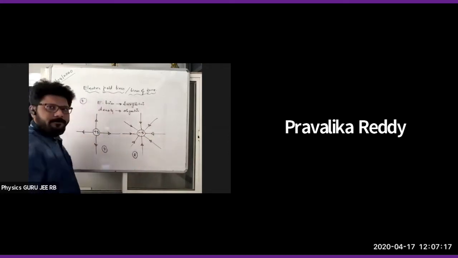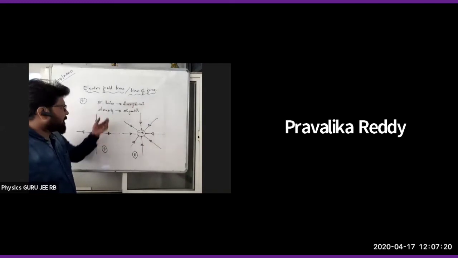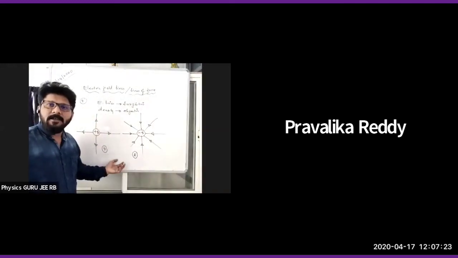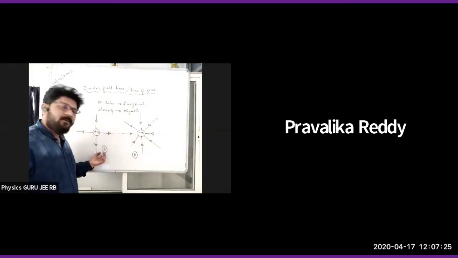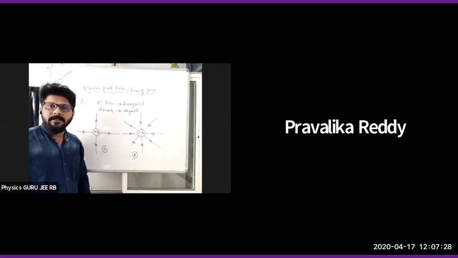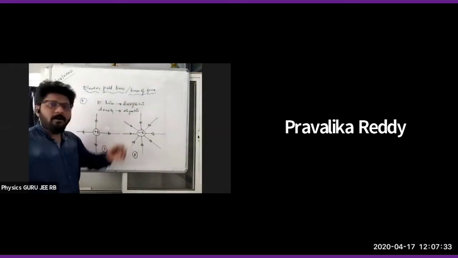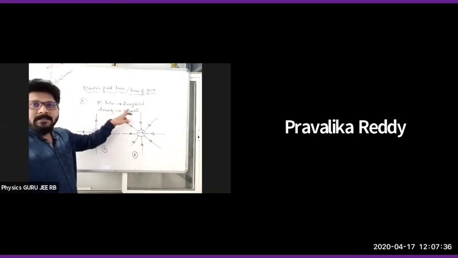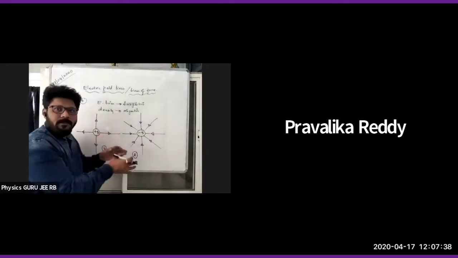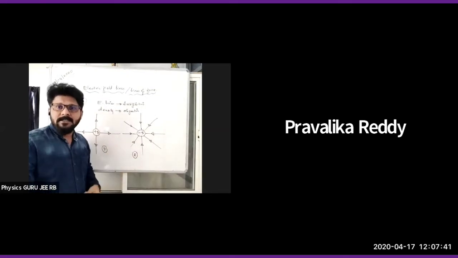Now here, density. Density means number of lines. The number of lines that I am giving, 4 and 8, that is nothing but objective, right? Density means number of lines, and number of lines is objective. So electric lines are subjective, meaning going away and towards. Away and towards is nothing but subjective.